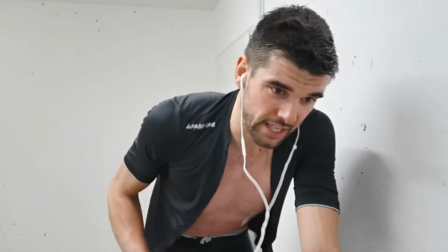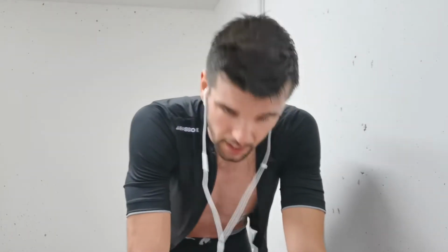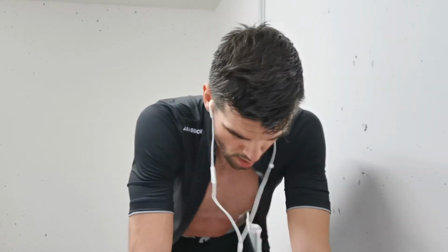So obviously on the downward pedal stroke, there's a huge focus on the quadriceps, extension of the knee. And what happens is on the upward pedal stroke, people don't then utilize the muscles on the back of the thigh, which are just as strong, and we should be using them to actually pull that pedal back round and maximize power on that upwards movement as well. So if you're finding this as well, definitely something maybe worth looking at in your pedaling technique,